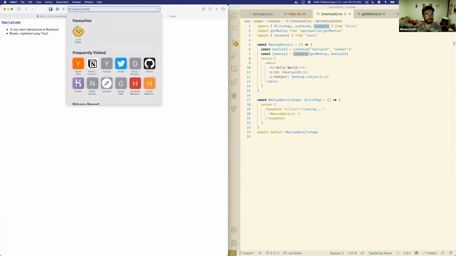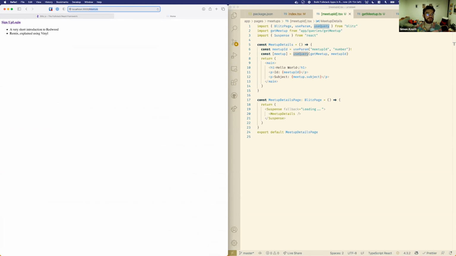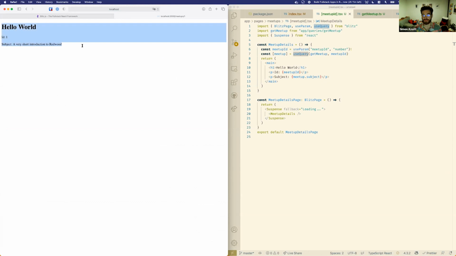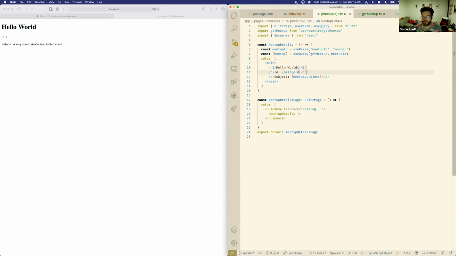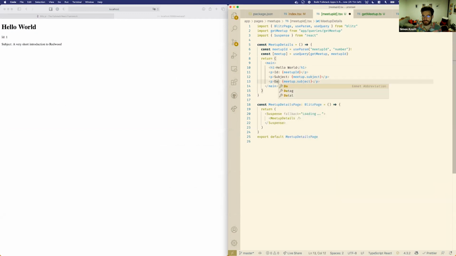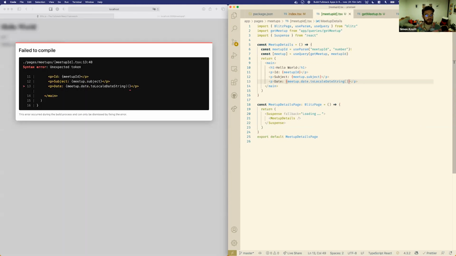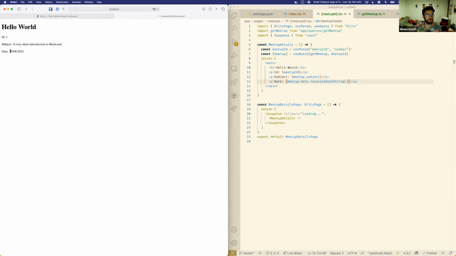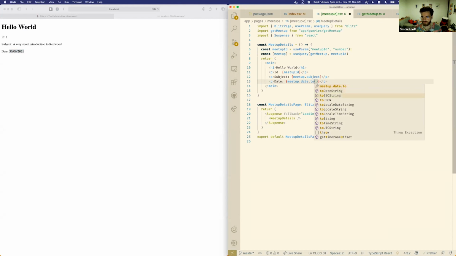So let's get back into the meetup. If we now put in an actually existent meetup ID, this will show our subject. So nice, this works now. Let's maybe also show you the date. The date is meetup.subject and meetup.date.toLocaleDateString. And we also have a date in beautiful German date notation. Let's actually use ISO. It's a lot. Okay, and